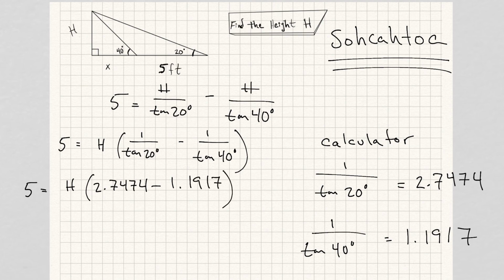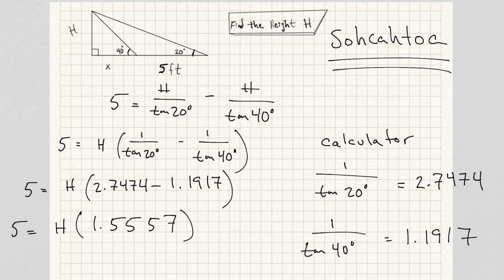So now we have 5 equals h times 2.7474 minus 1.1917. That equals